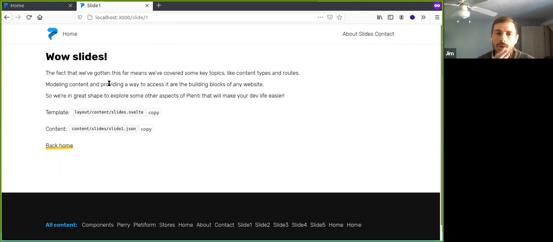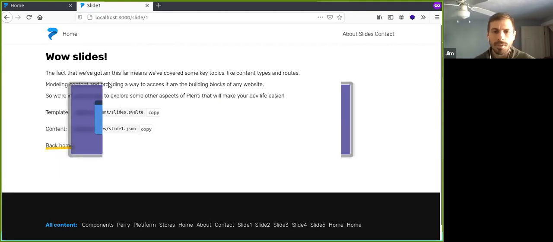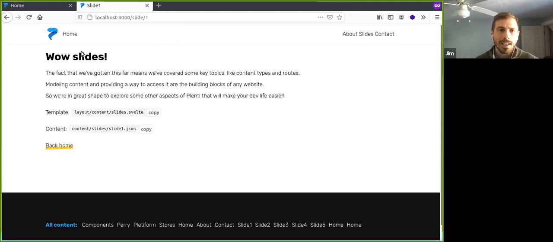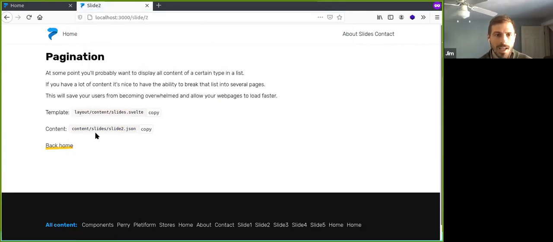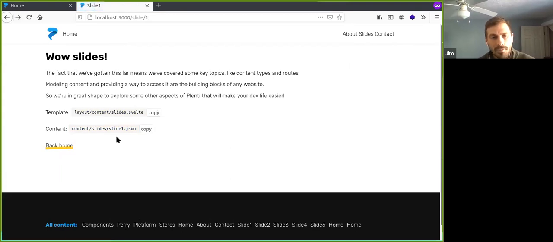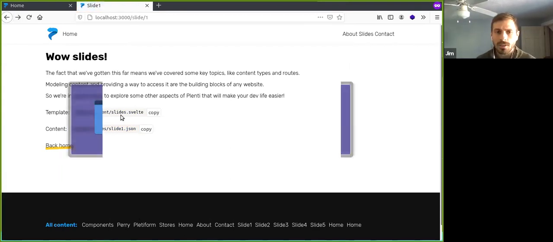So maybe we can do a couple of other things here. Maybe we want to override the nav here and the footer. We want to get rid of those. And we probably don't need this little widget here at the bottom, although it's kind of nice. Like you can see that it changes when we go to different content slides, right? So we have the slide 2 here, but we don't really need that. So we can get rid of that. And then we need some directionals to be able to go forward and backward on our slideshow. So let's look at doing that.